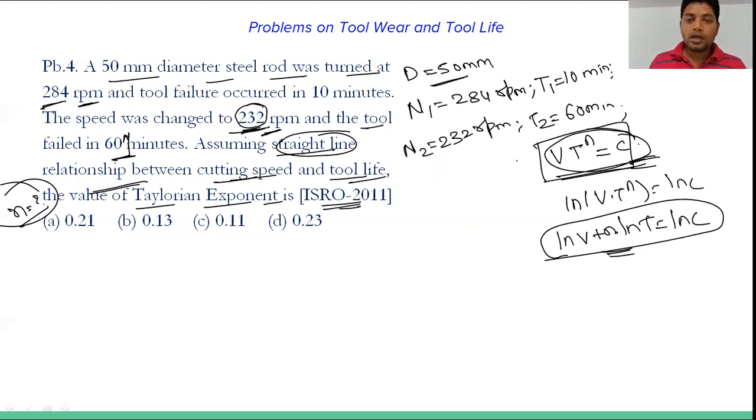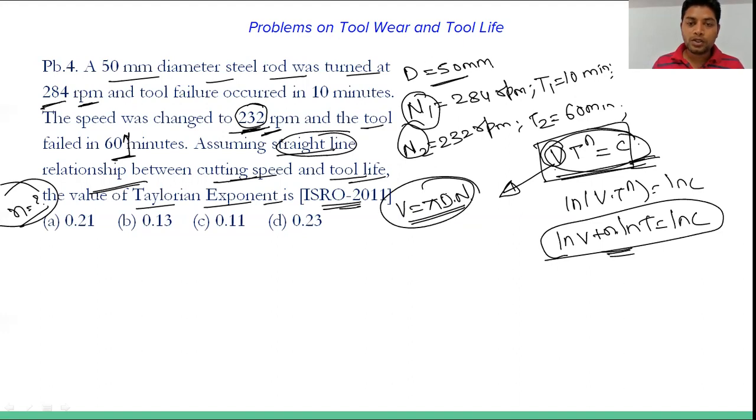ओके, सो v आपको दिया है, बट क्वेश्चन में आपको n रोटेशनल स्पीड गिवन है. सो क्या हम v कैलकुलेट कर सकते हैं या फिर इस v को n की फॉर्म में कन्वर्ट कर सकते हैं? सो देयर इज अ पॉसिबिलिटी दैट v इज जनरली जो हम राइट करते हैं दैट इज pi into d into n, दैट इज रोटेशनल स्पीड. तो डायमीटर तो दोनों केस में सेम है आपका, ठीक है. रोटेशनल स्पीड अगर चेंज होगी तो वेलोसिटी भी चेंज हो जाएगी, ठीक है.